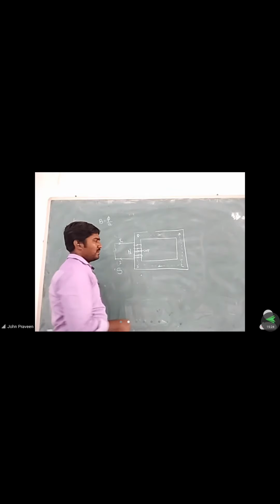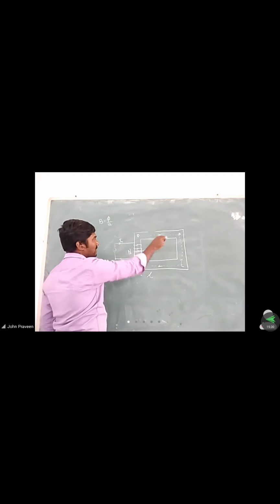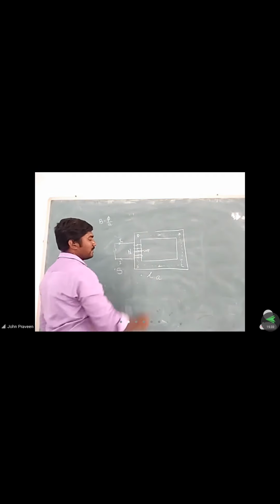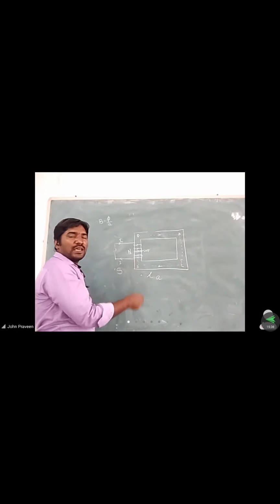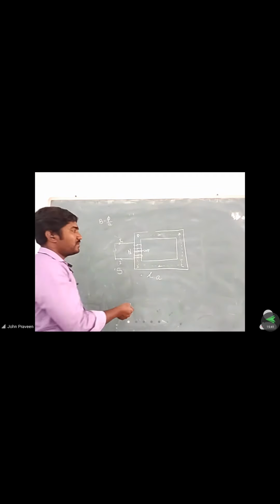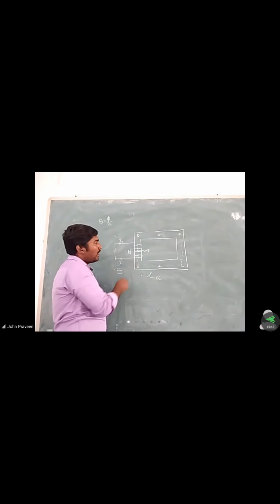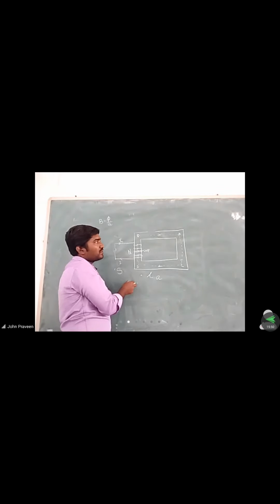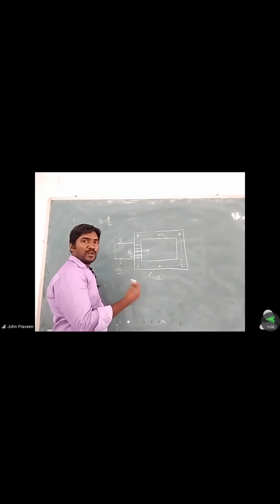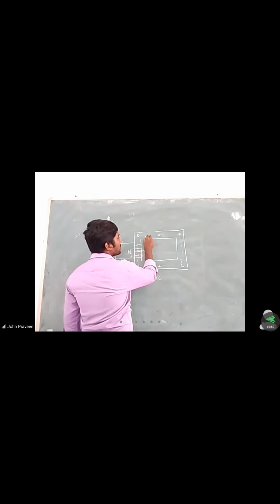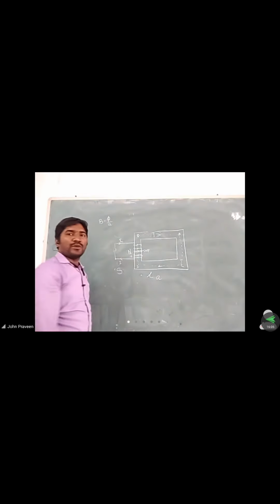So here we are assuming the magnetic path length as L, and the cross section area of the core as A. So what is the density? Not only a single flux will be produced, multiple fluxes will be produced. Just for easy remembrance, we are drawing a single dotted line. But practically, however many turns are available, that many fluxes will be produced. For example, if 4 turns are available, the fluxes will be produced accordingly. Means a number of parallel fluxes will be produced.